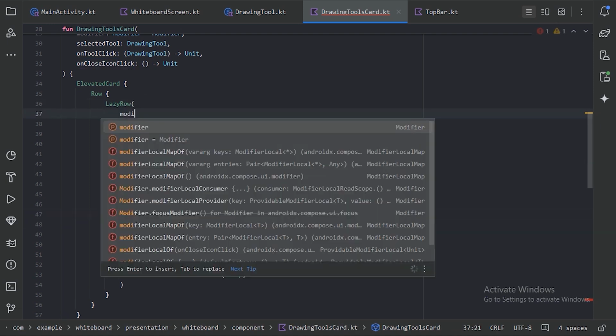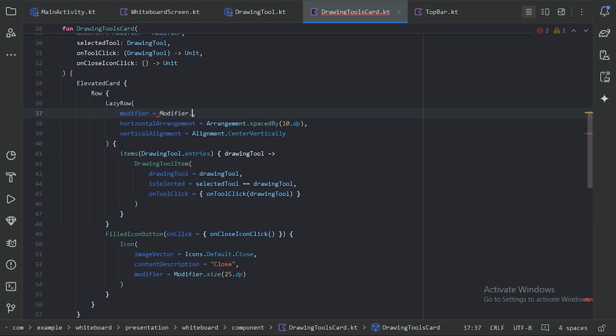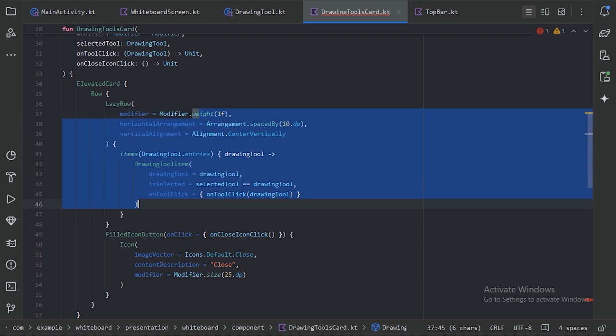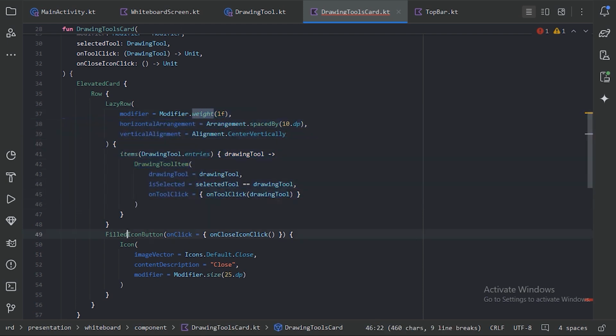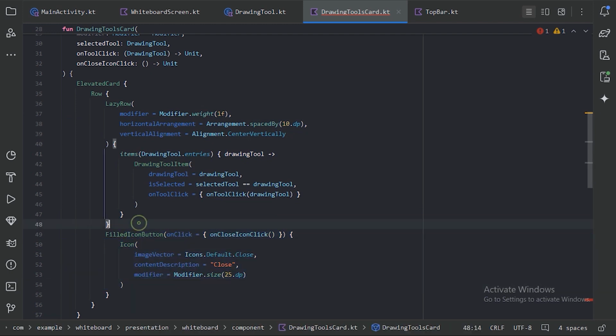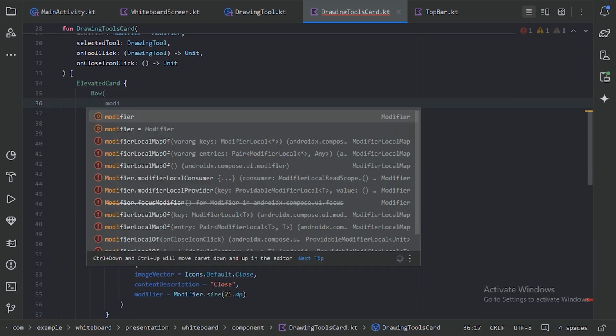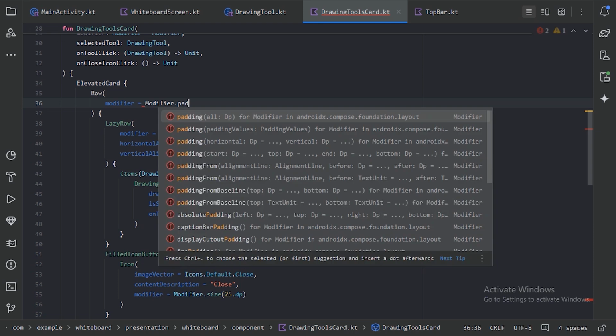Here let's define this modifier and this weight. 1f weight will keep the maximum spacing for this LazyRow, and at the end this icon will be placed. And here let's provide some padding to this row,